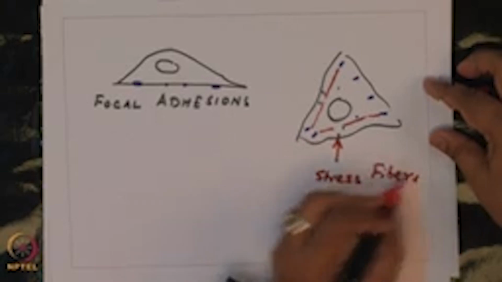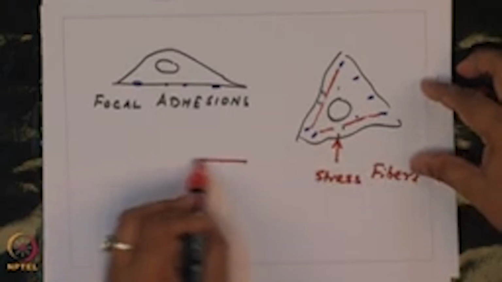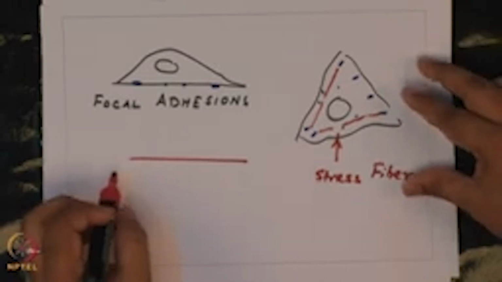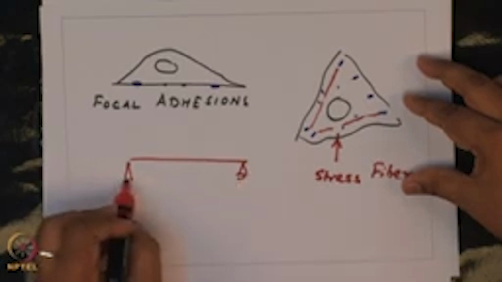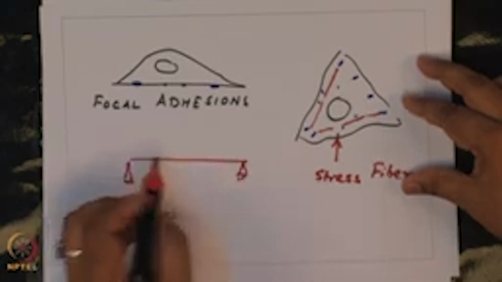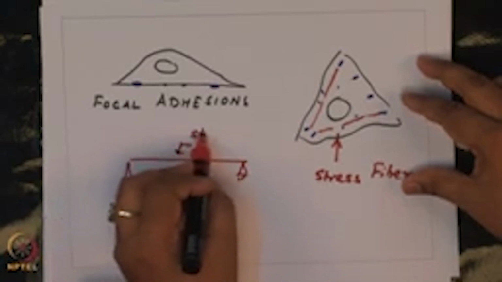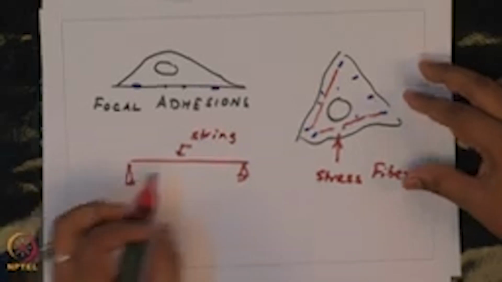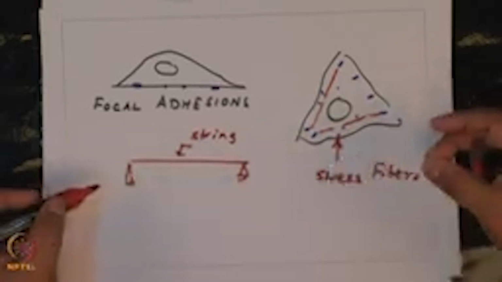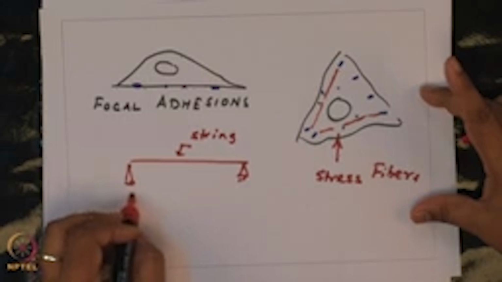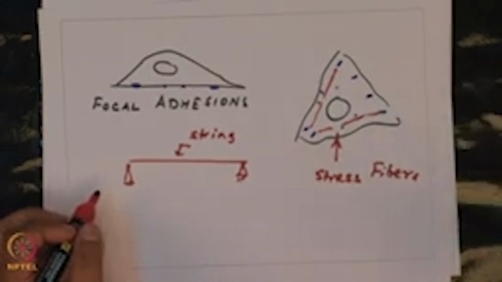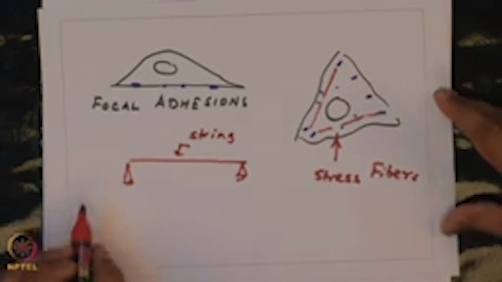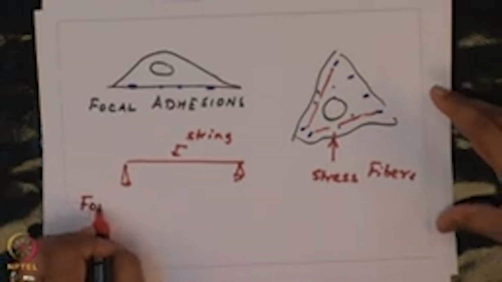It is equivalent to anchoring a rubber band to the substrate via two adhesions. So, these are your focal adhesions and this is your string or stress fiber. The amount of tension you can put in the string is dictated by how much these adhesions can support. So, for a cell which exerts a lot of force, force balance